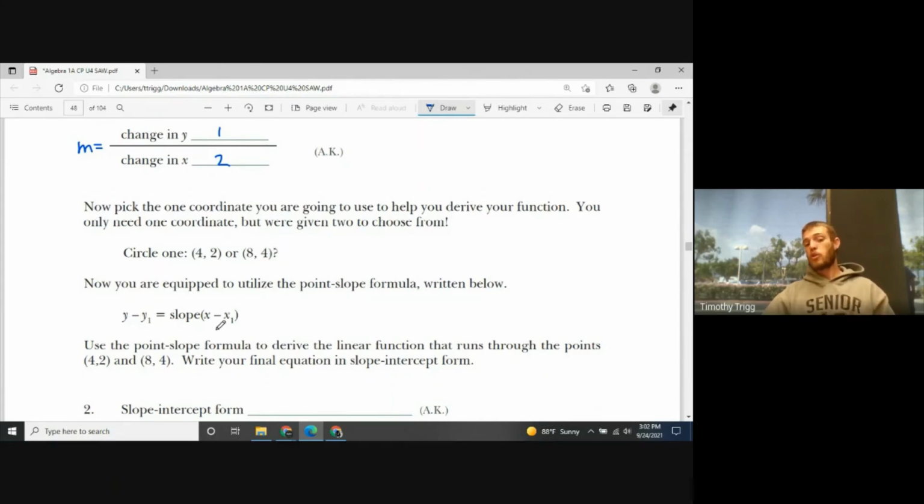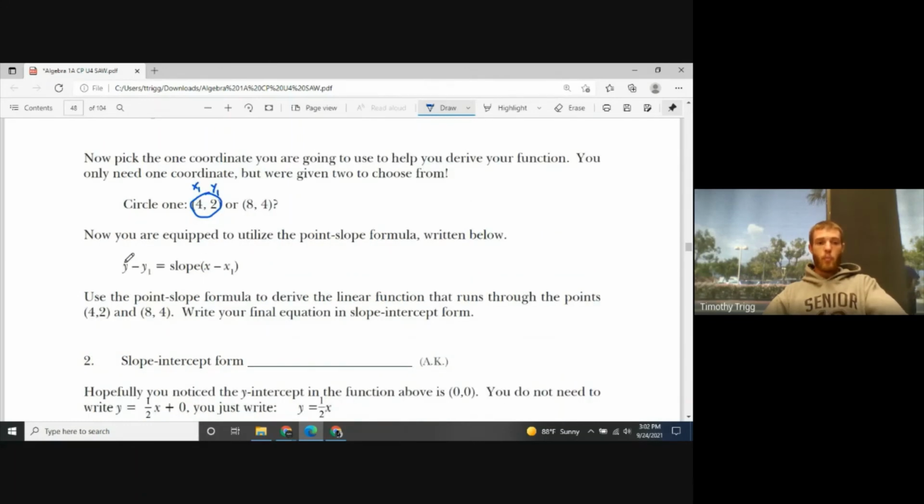It doesn't matter which one you pick, you'll get the same answer regardless. Okay, so let's go ahead and use that first point, 4, 2. This will be our x sub 1 and our y sub 1. So this will be y minus y sub 1. So that makes y minus 2